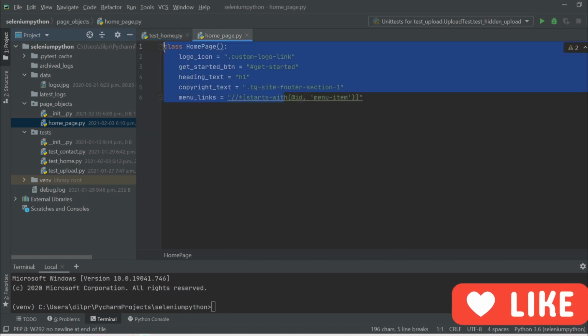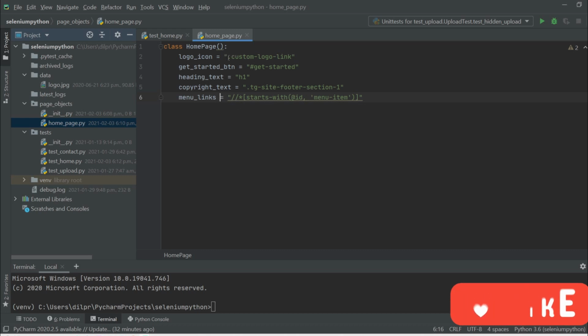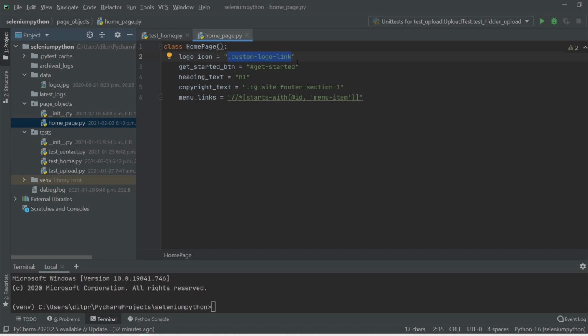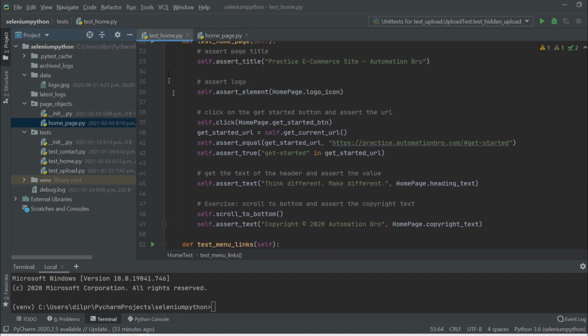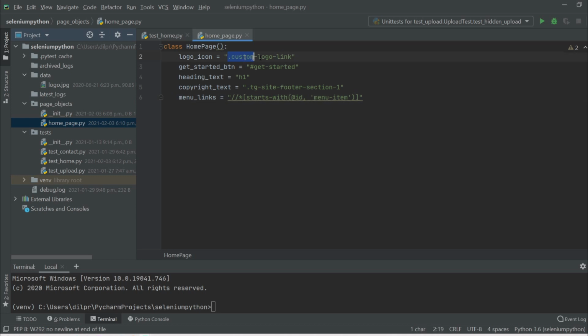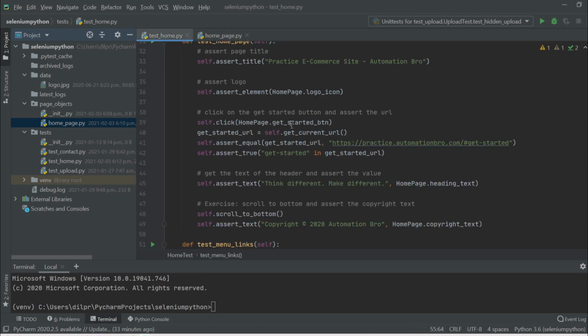one place, which is right over here. So the advantage of this is, let's say if in future one of these selectors changes, instead of let's say this class, someone implements another new class, and we need to change that logo icon class. So rather than going one by one in each test and figuring out where you have actually used that logo icon selector, you can directly come to the home page, and then here you can simply change it to the new selector. And the moment you do that, wherever you have used this logo icon by the help of homepage class, that will actually get updated automatically.